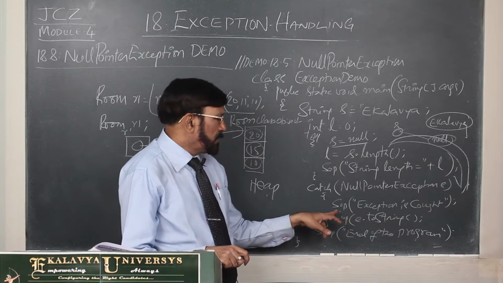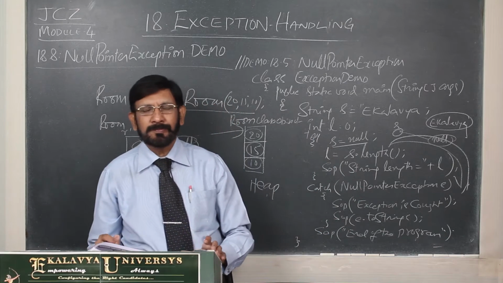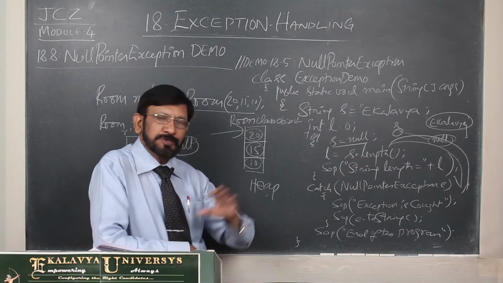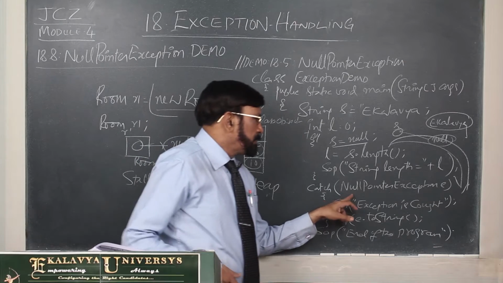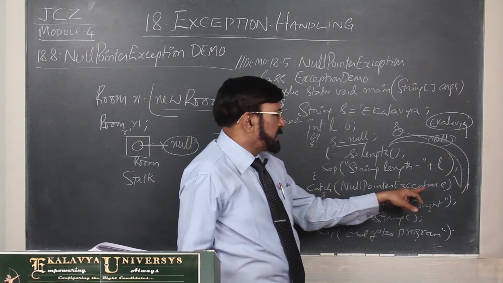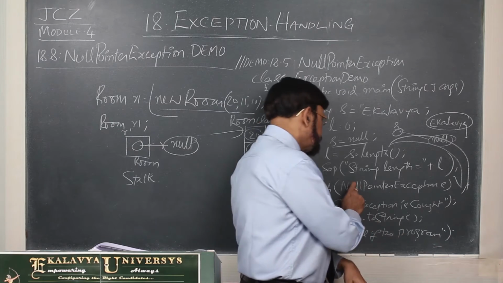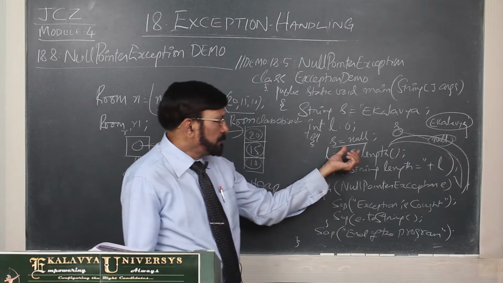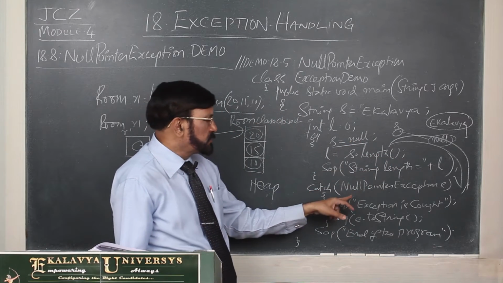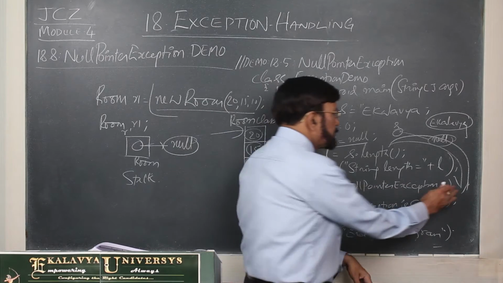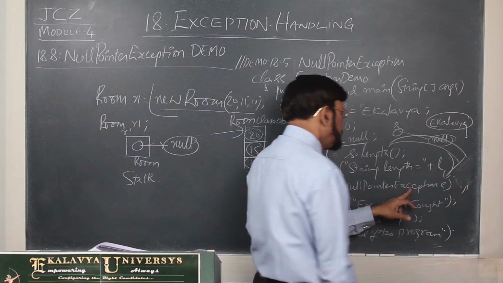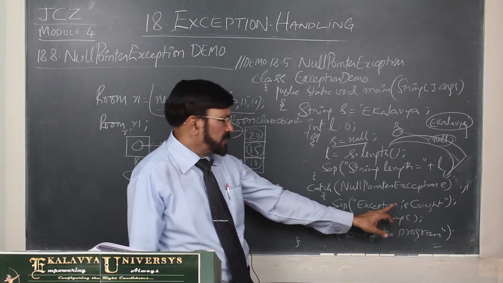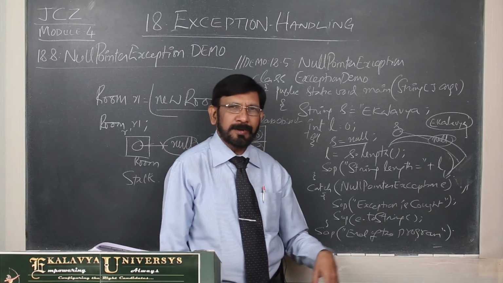Immediately after the try block, what do we put? One catch block we put. In the catch block, we know what the probable exception thrown from this situation may be. For that purpose, we put NullPointerException e. NullPointerException is created to satisfy this type of situation, to face this type of situation. As a result, this receives that. Now, in the body, one SOP statement is written: exception is caught.